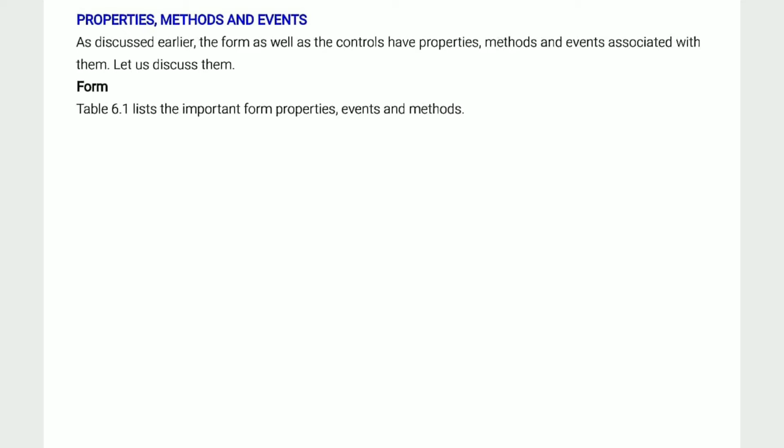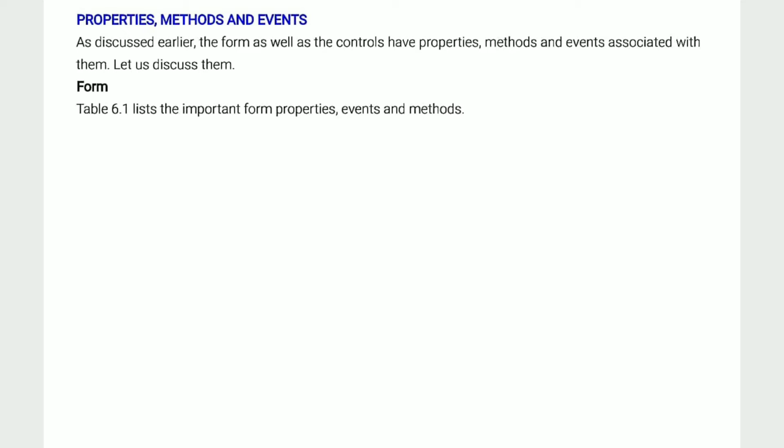In fact, a property refers to the characteristics of an object, such as color and size. For example, the back color property lets us change the background color of an object. We can change the properties either at the time of designing or execution of an application.